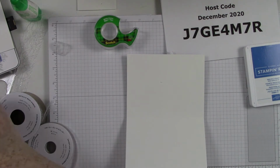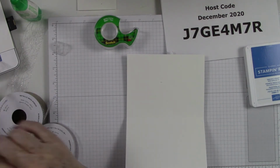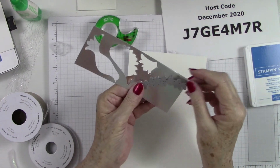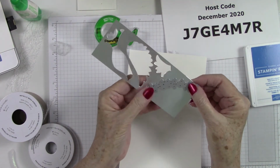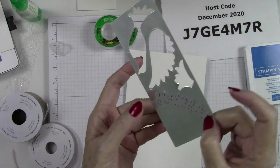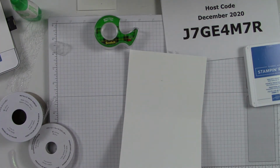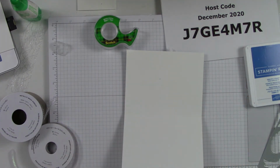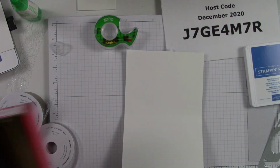So I think to follow suit, I am going to use this little flower or little bow, and I'm going to cut it out of the silver. This is the piece I cut my other silver pieces from. And this does have some little pieces in it. So let me show you what I did with one of my